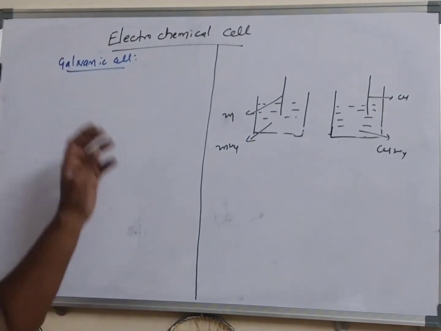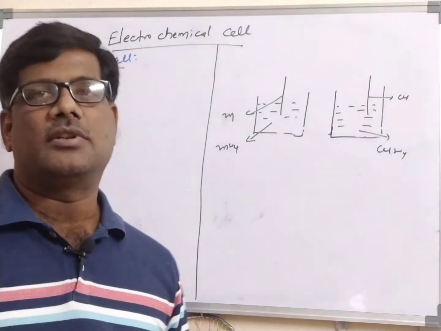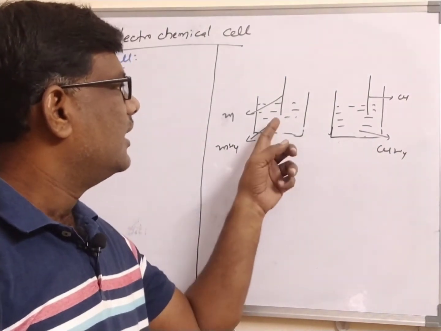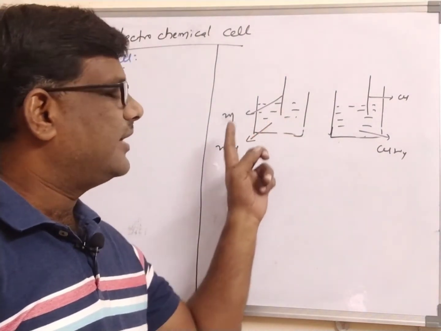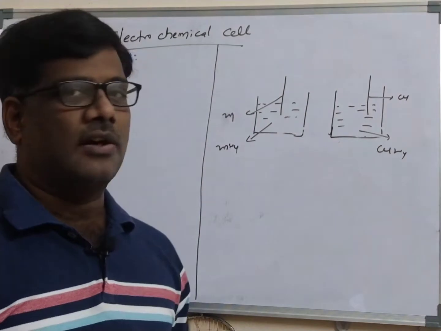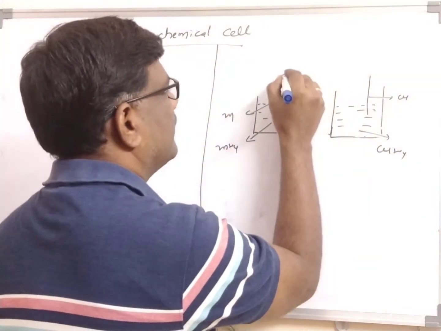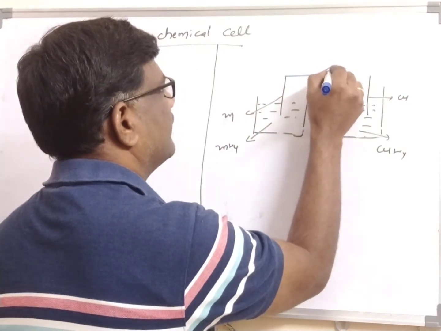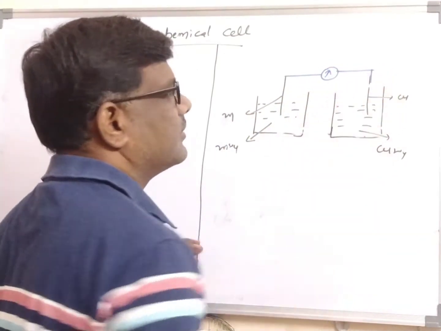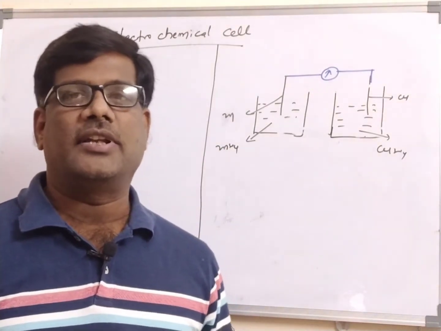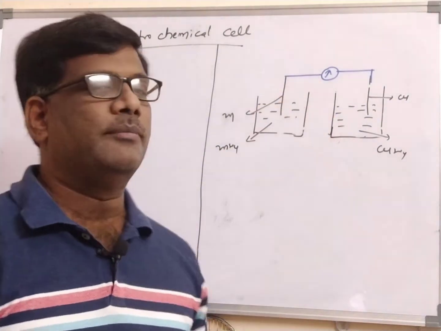Coming here once again. The galvanic cell, or Daniell cell, or voltaic cell, if you observe, consists of two half cells in which zinc is placed in the zinc sulfate, and in the other cell copper is placed in the copper sulfate solution. These zinc rod and copper rod are connected through an external wire through the ammeter. So these two rods are connected through the external wire, and this wire has the ammeter.